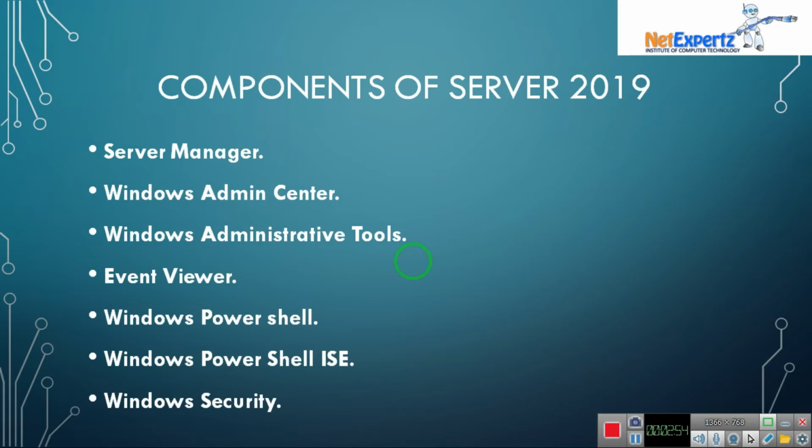Windows PowerShell is a commandlet, we can say a CLI tool, through which we can run scripting or go for bulk operations. Imagine if I want to create multiple users, like 100 users at one stretch, we can go for Windows PowerShell. Now another, we have Windows PowerShell ISE. ISE is a scripting tool. If you want to run scripts, you can use ISE.